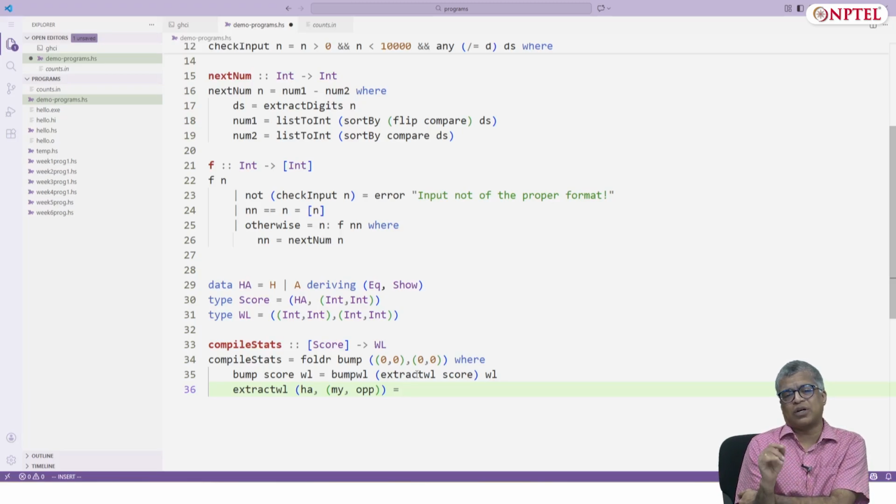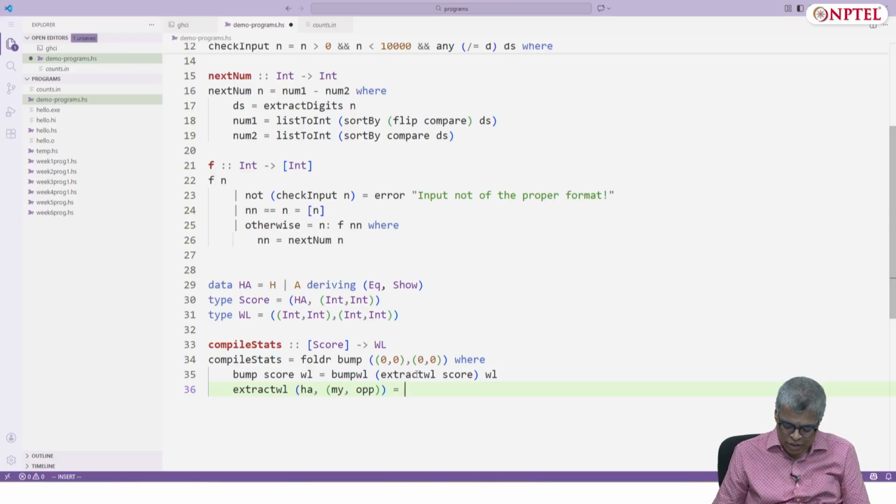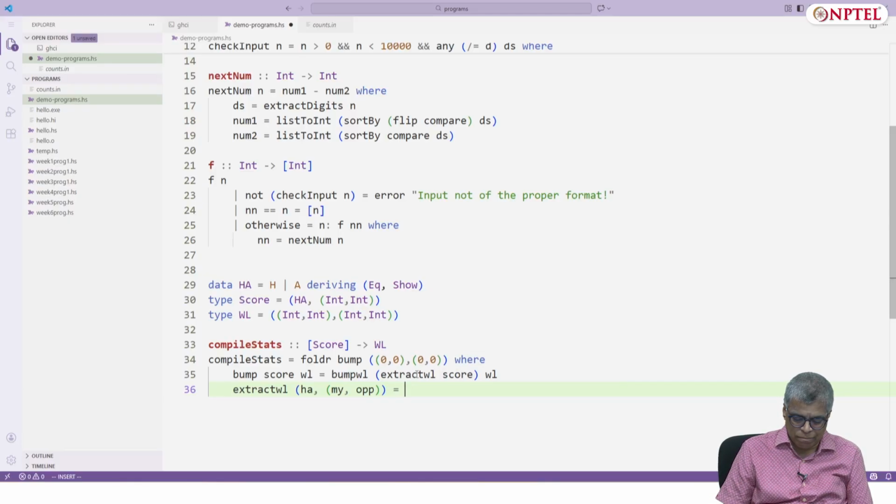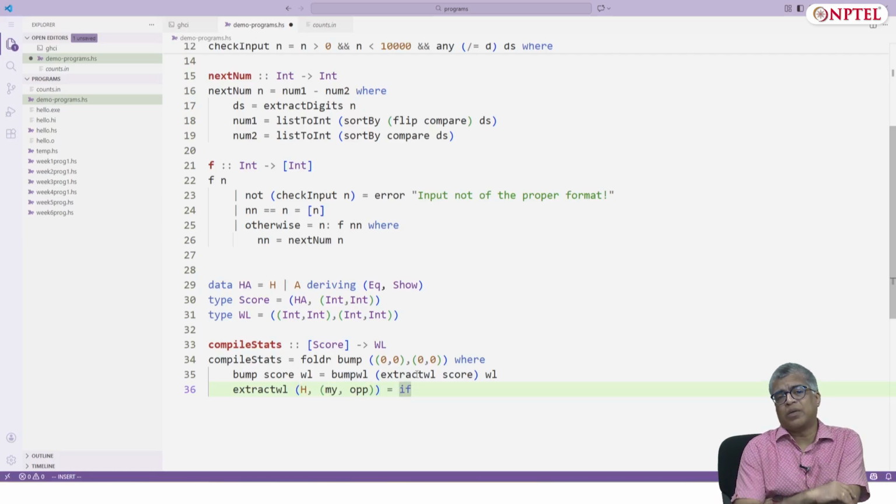I want to produce just a pair of pairs, but the inside thing will only contain 0, 1 values. Let me explain what I mean by this. We can use pattern matching, right?